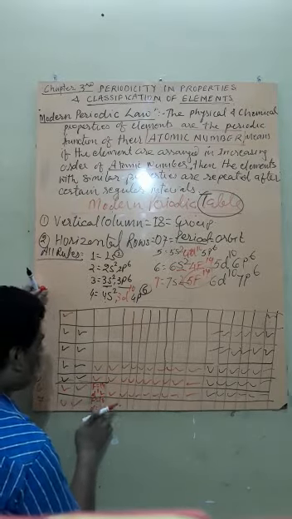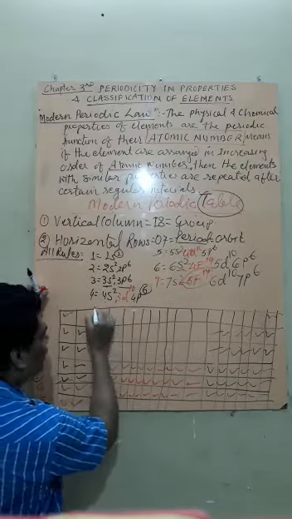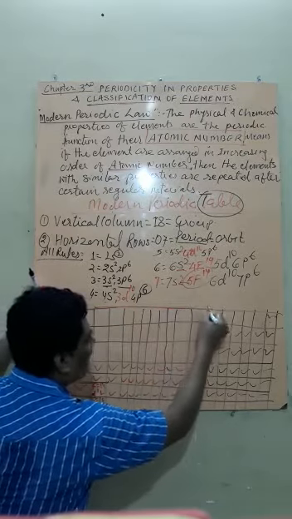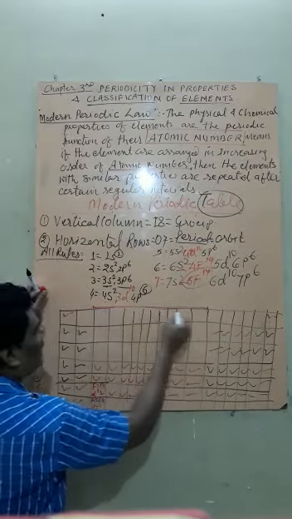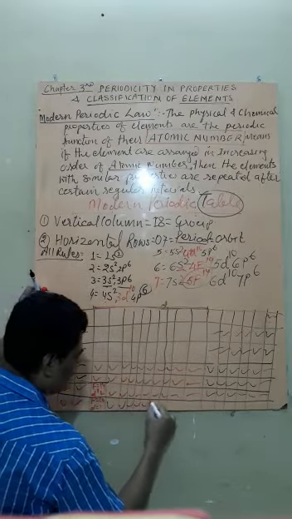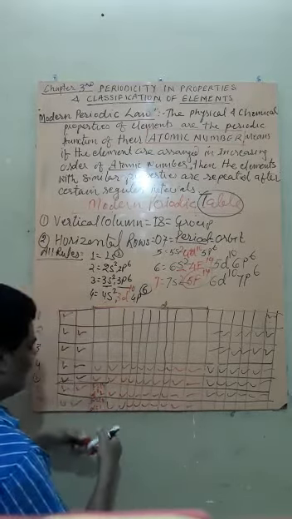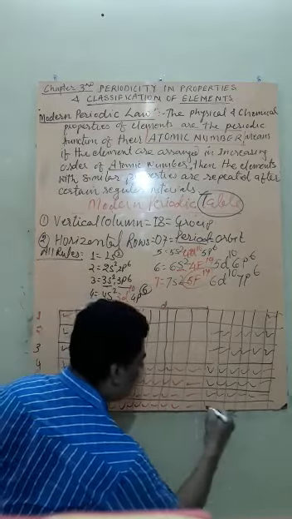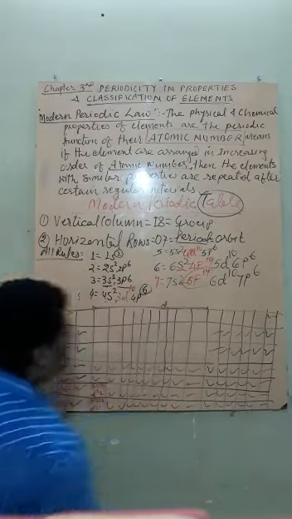Okay, because it is placed here, from here to here is called the d block element. So here is the position for the d block. So 2, 3, 4, 5, 6, 7, 8, 9 and 10. And then what? 6 electrons, 1, 2, 3, 4, 5 and 6. So thus your periodic table is completed.